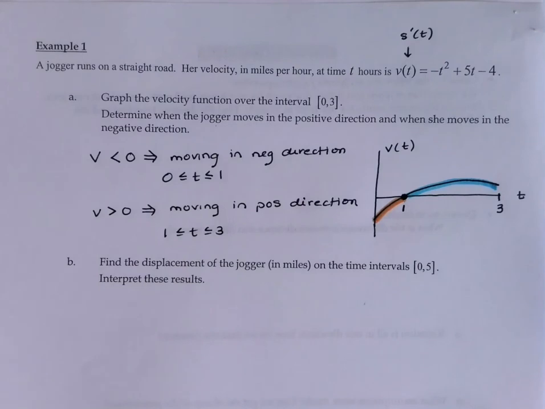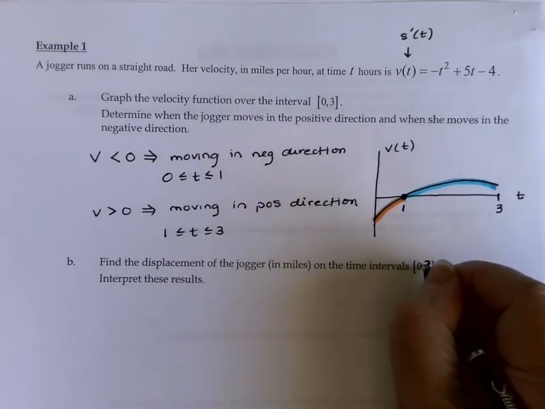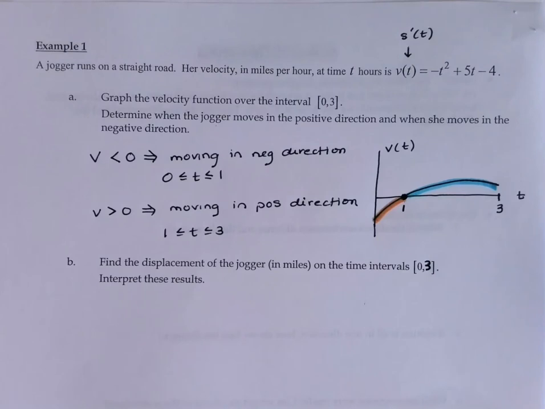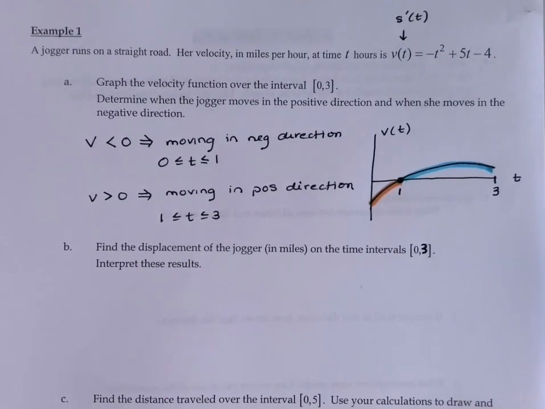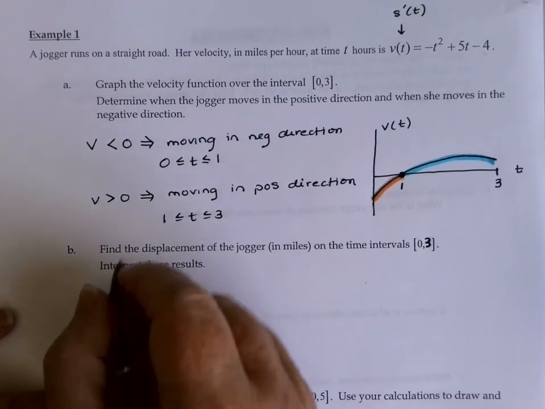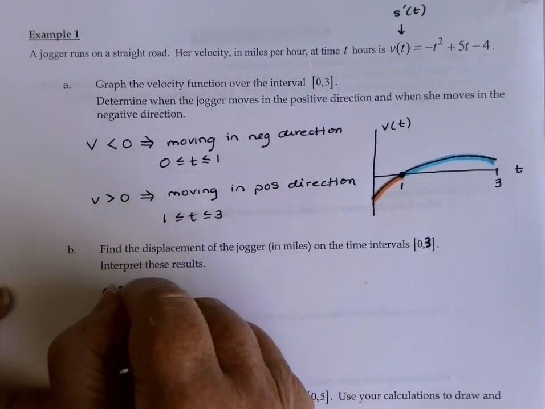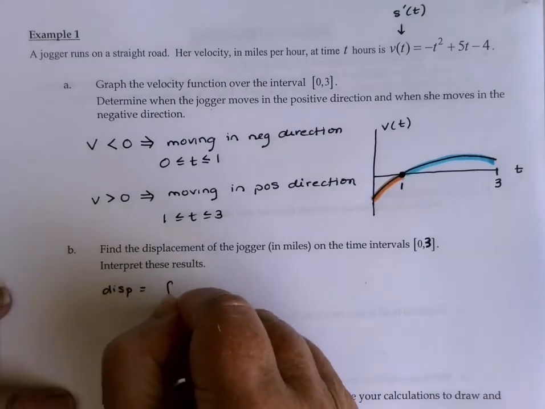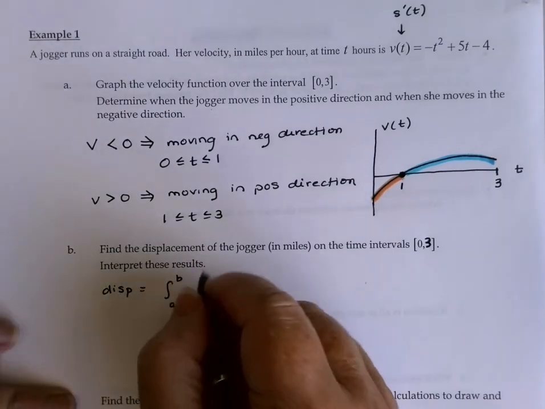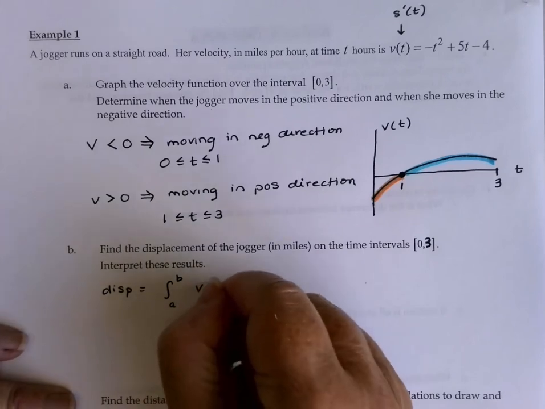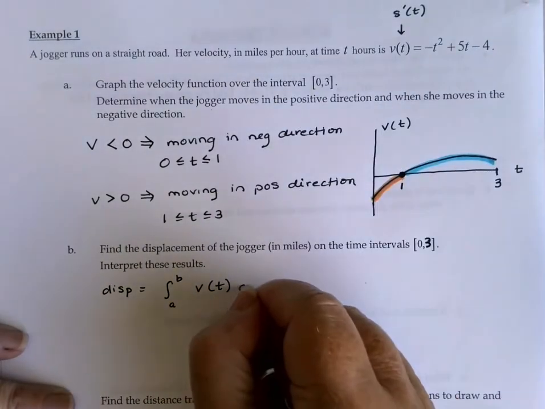All right, so my goal next is to find the displacement of the jogger in miles on the time interval, and that's a typo, that should be from 0 to 3, and then interpret the results. So just a reminder, our displacement was simply the integral of the directed distances. I don't have to have absolute values or anything. So my displacement, just going to write my formula, integral from a to b of the velocity v of t, or s prime, whichever you want to think of it as, dt,